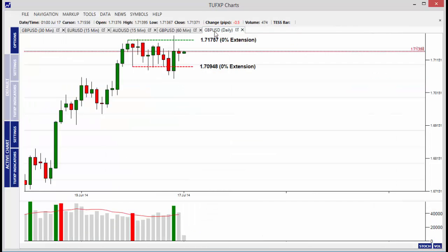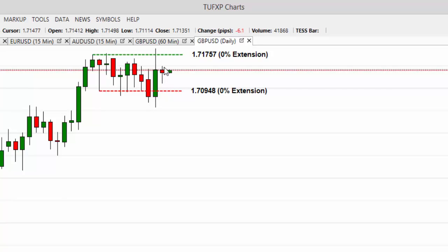Moving on to the daily charts, you can see yesterday just very quiet and very narrow trading range compared to the previous day where we saw the release of the inflation figures. And again, just stuck in this sideways range. There's not a lot else I can really say about it. I'm just going to throw in a couple of